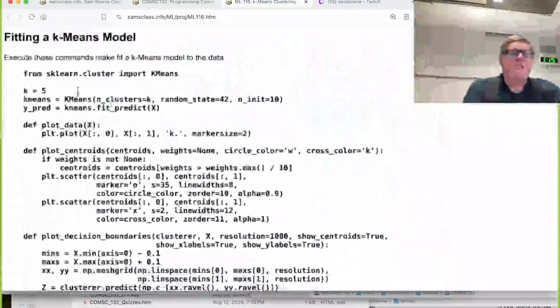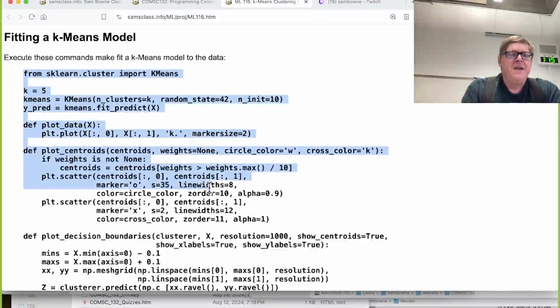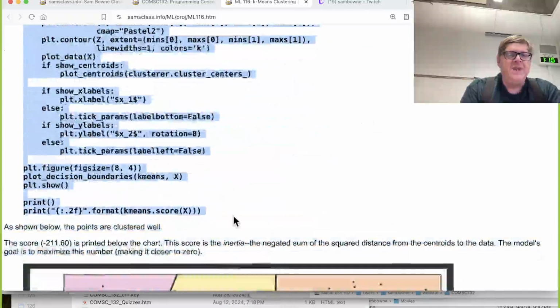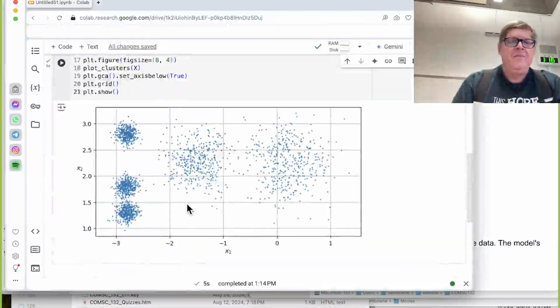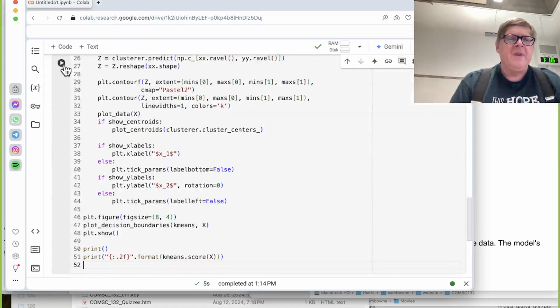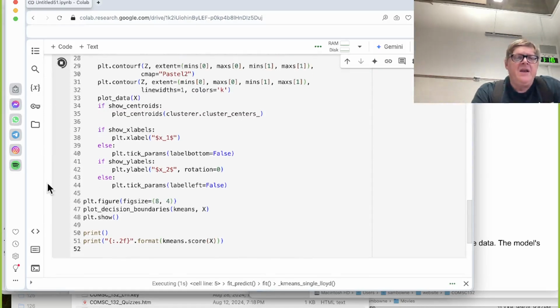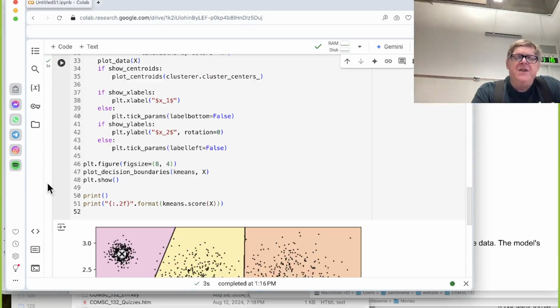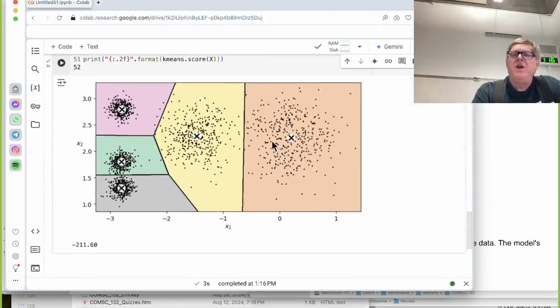So what k-means does is this. Let me get this one running. Okay. What k-means does is you choose how many groups you want to find, and it randomly places the starts,